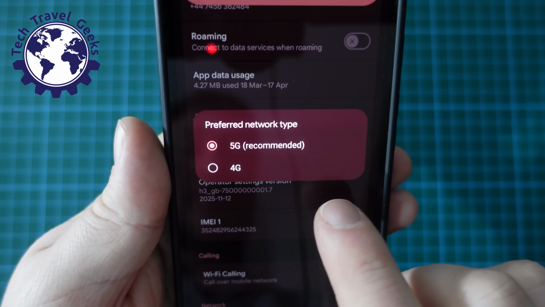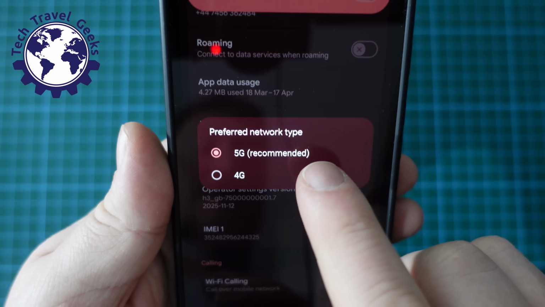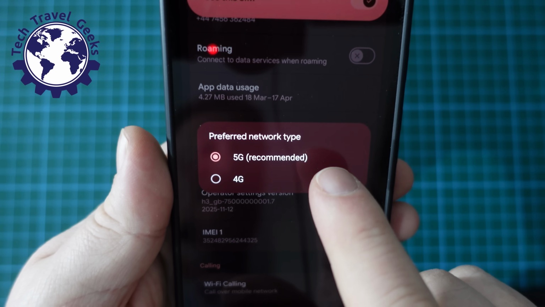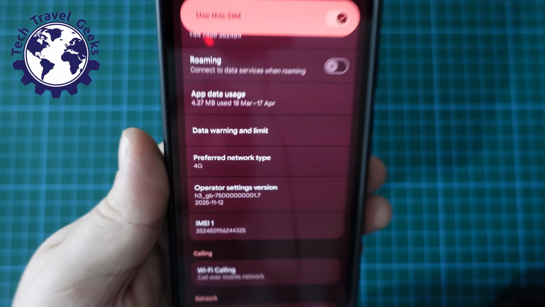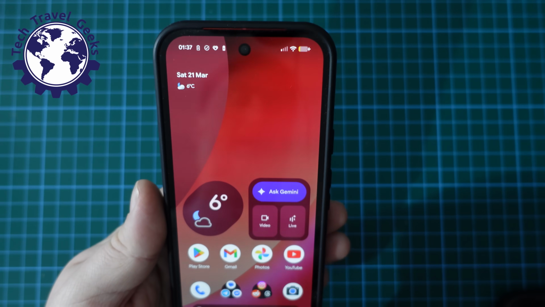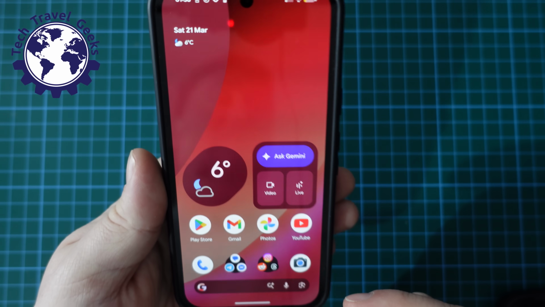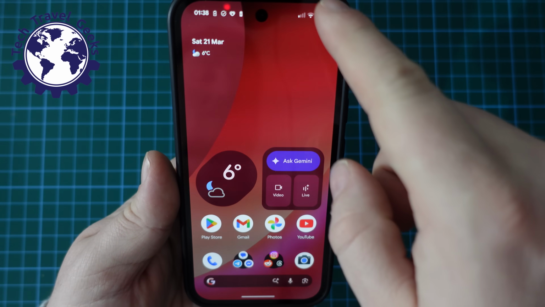If I tap on that, there's two options on the Google Pixel 10a. One is 5G, the default, so your phone connects to 5G, or 4G. If you tap on 4G, that switches 5G off. Great. So likewise, if you want to switch 5G on your device, if the network you're connecting to supports it,